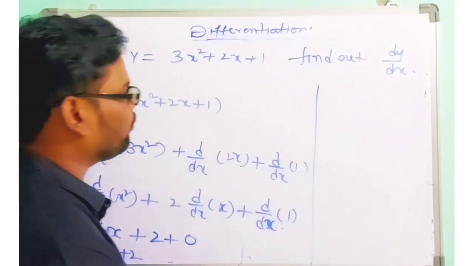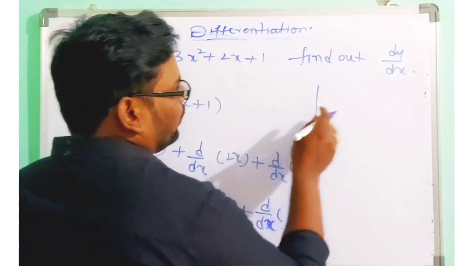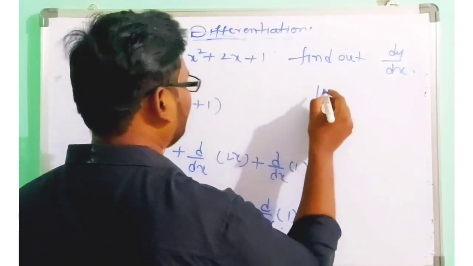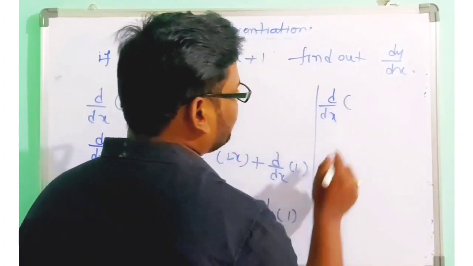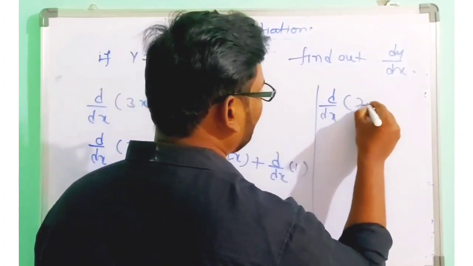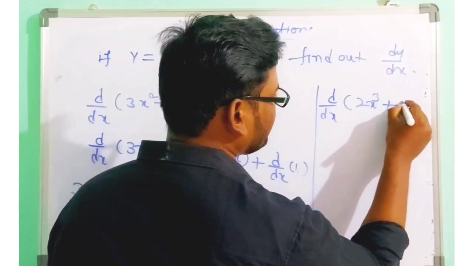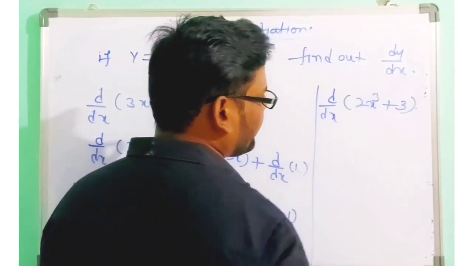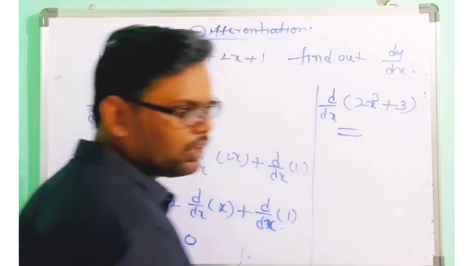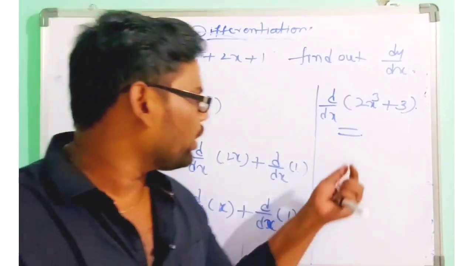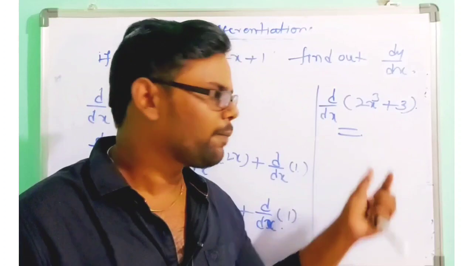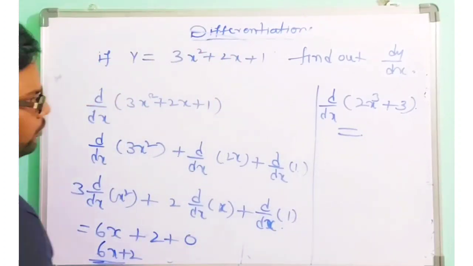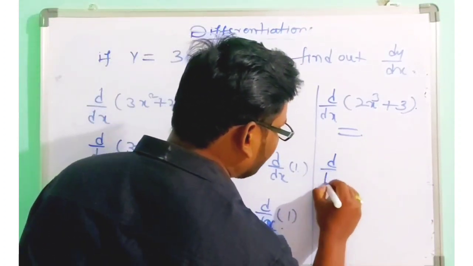So one more example. That is d by dx of 2x cube plus 3, right? So write the answer and place it in the comment box. Okay, so now the next thing is d by dx of